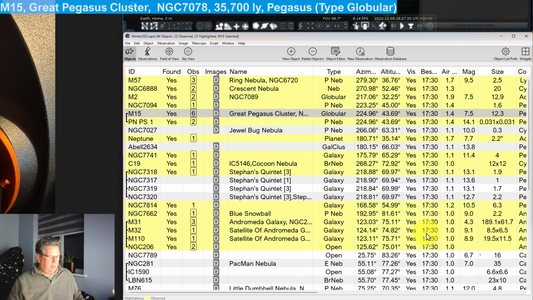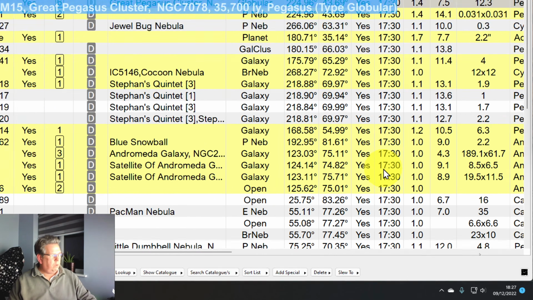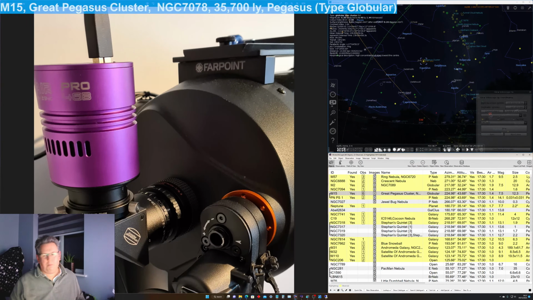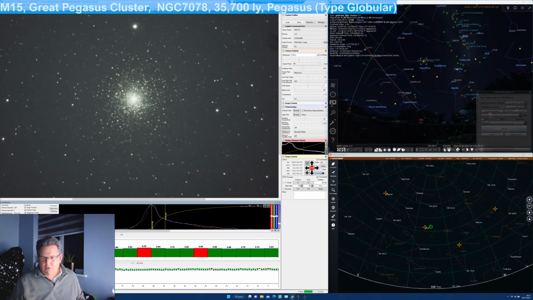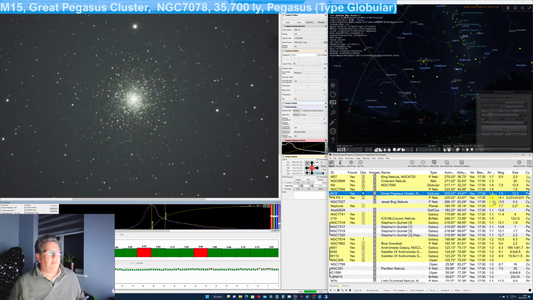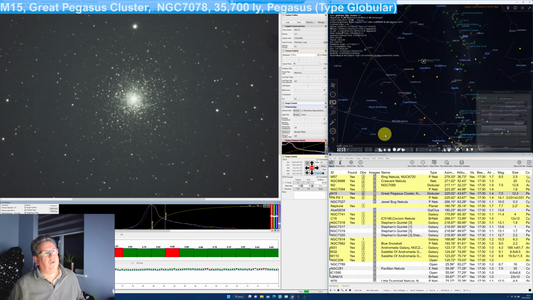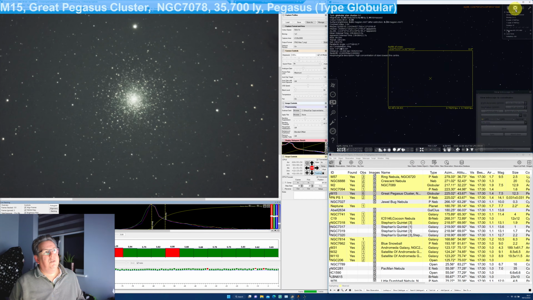And that is, I'm zooming in again. That is AstroPlanner, there we go. And in fact, what I'll do is I also use Windows PowerToys, which locks things. And over here we have Stellarium, which I've still got the atmosphere on. So let's take the atmosphere off. And this is my planetarium program, so I can zoom in and see what I'm looking at, which is M15,